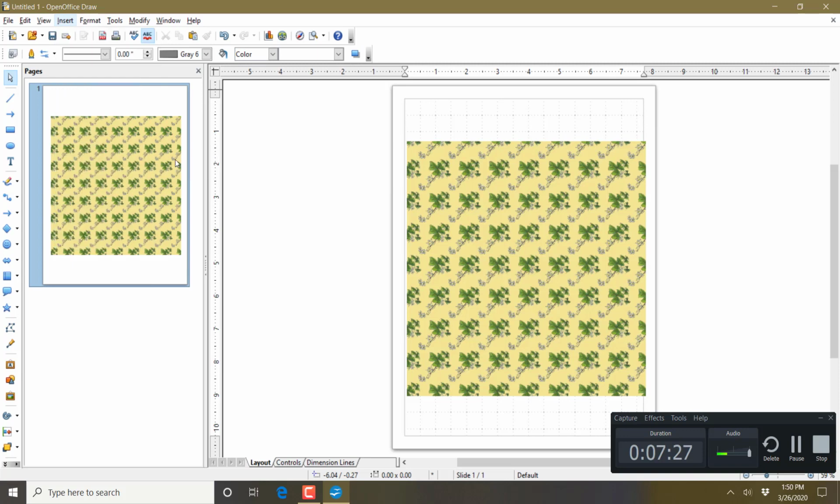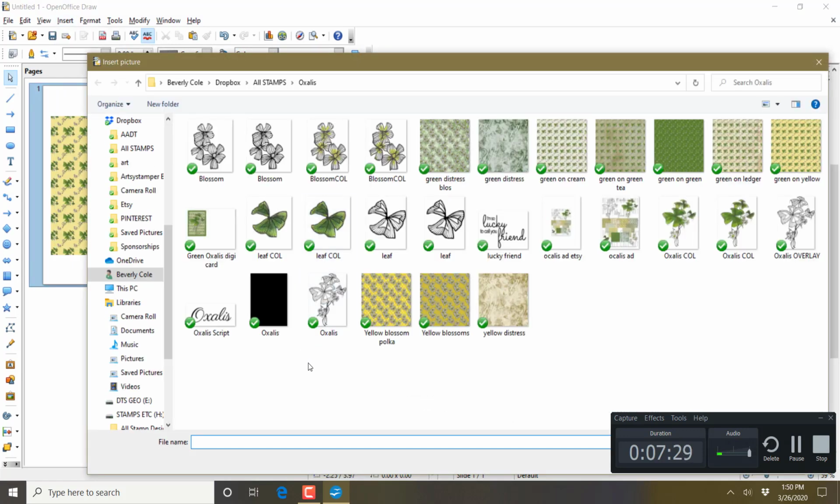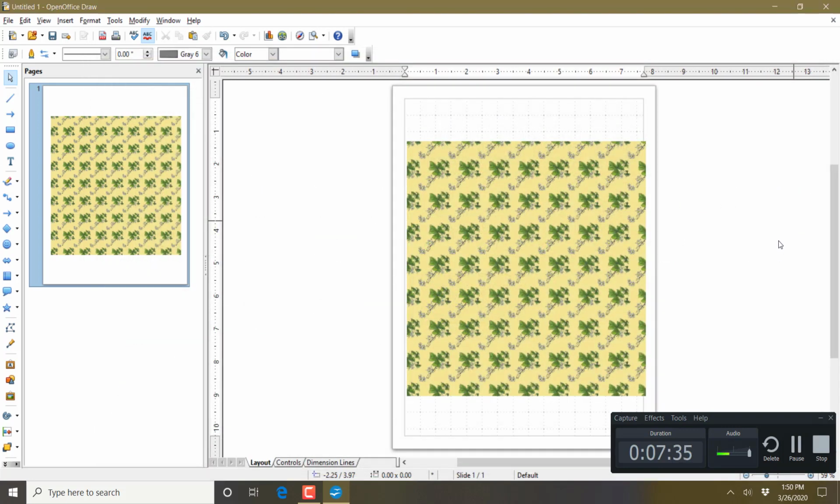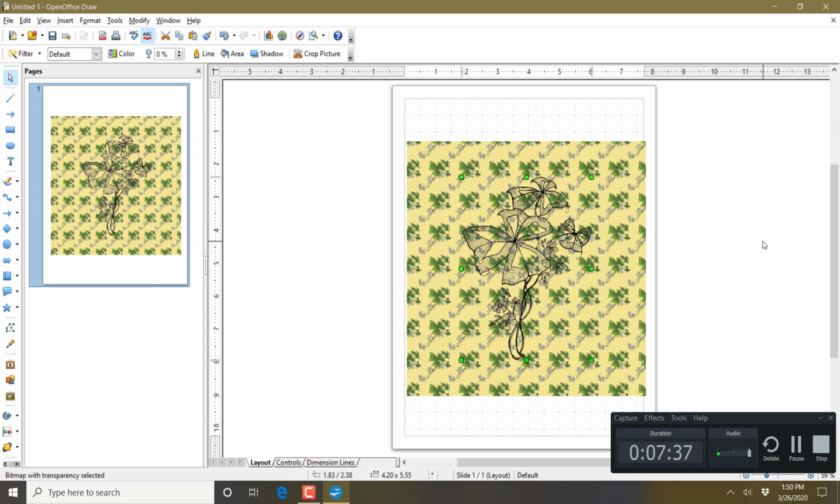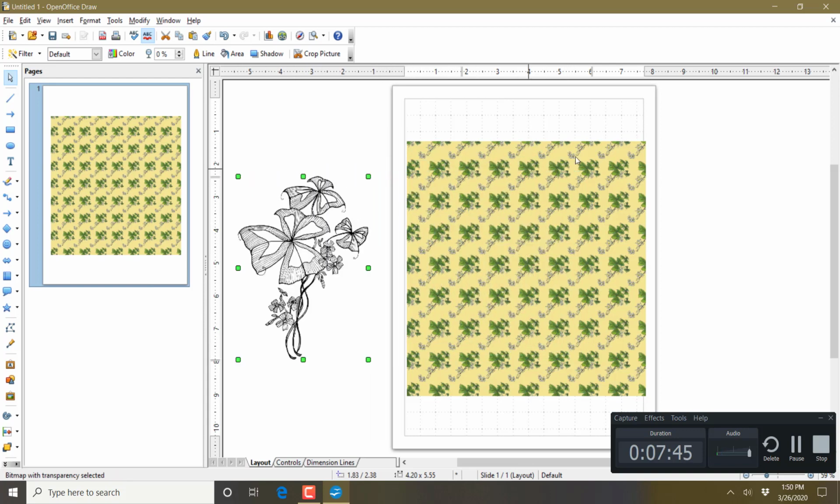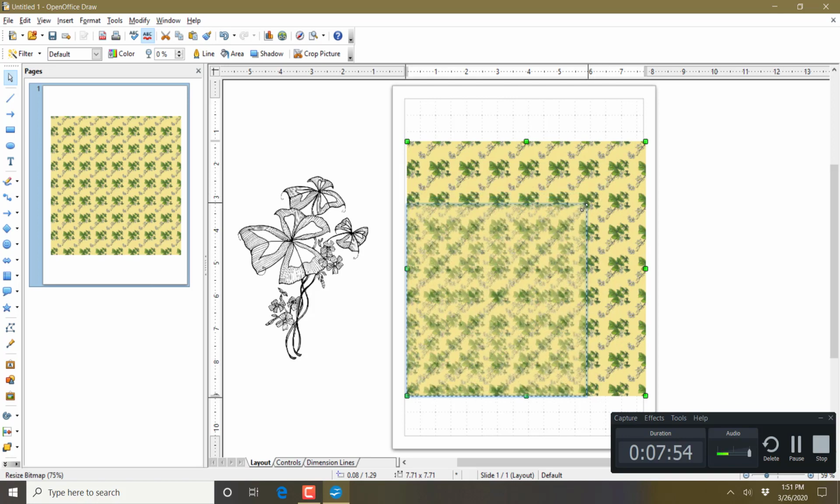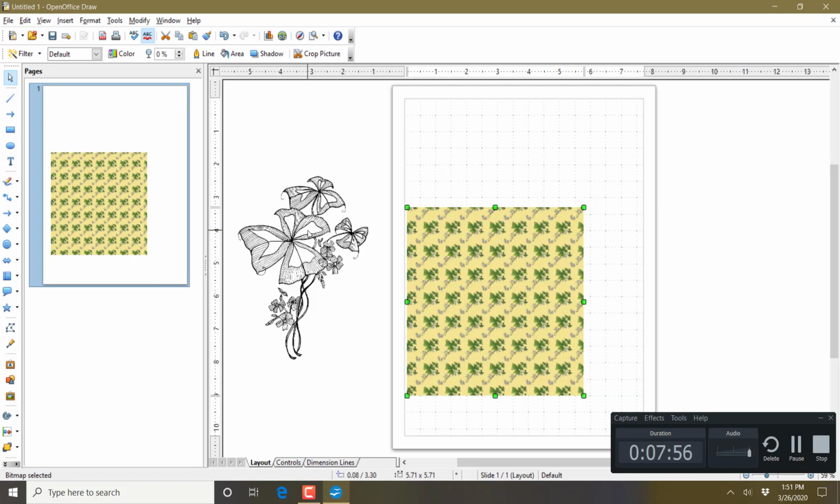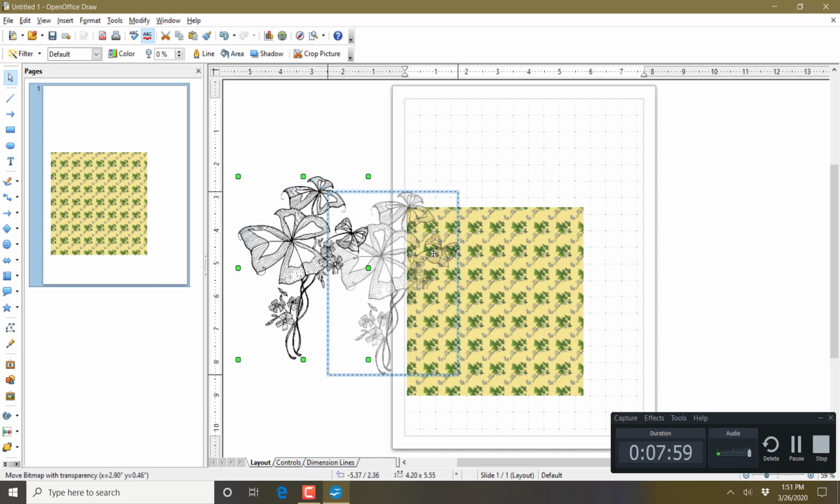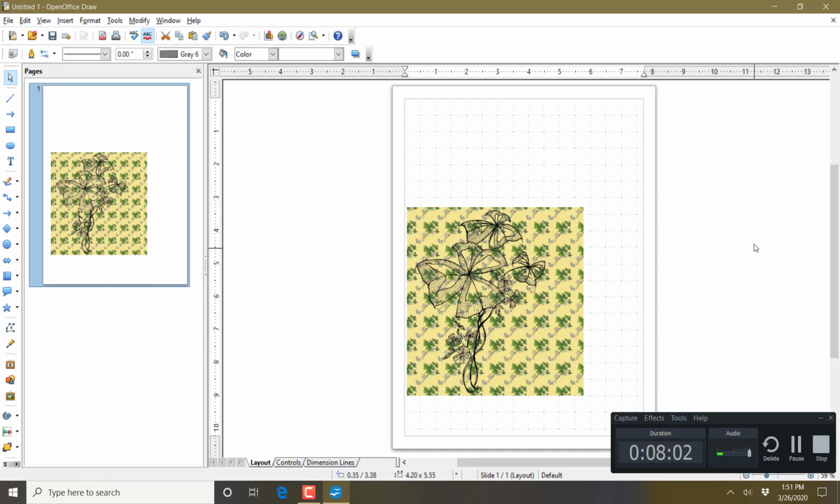Insert picture from file, and I'm going to go in and find that oxalis overlay. Here it is, right over here. Double click on that and it will pop up here. Look at that. Okay, so I can just grab that when the two little cross arrows pop up. I'm going to move it over here for a minute, and I'm going to hold my shift key down with my left hand while I drag this smaller, and then I'll click on the black part of this and put this over. Look at that. Now I have an oxalis that is,